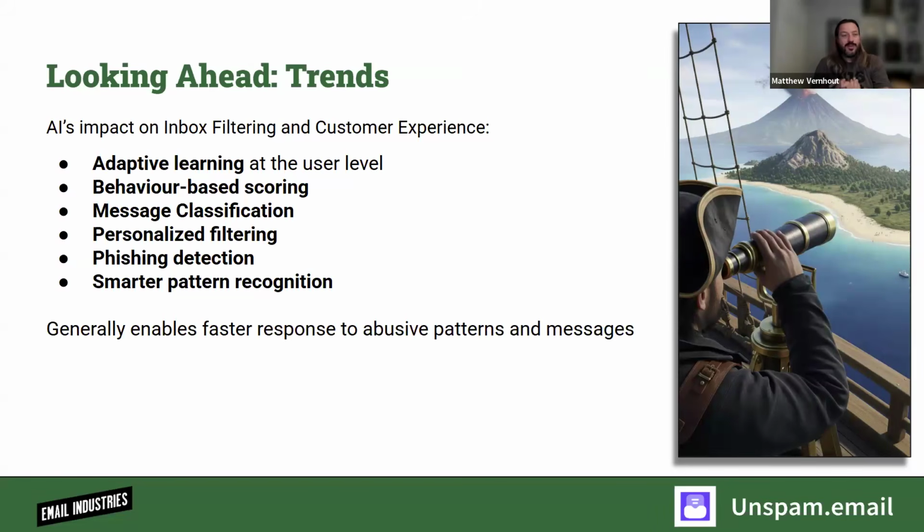But then, we also want to look ahead. We want to look forward just a little bit into the future and where things are coming, right? And AI. Everybody talks AI all the time, but AI is out there. It is doing spam filtering. It is doing evaluations of messages. It is determining where messages should deliver. It is adapting at a consumer level. It is adapting how an inbox behaves.